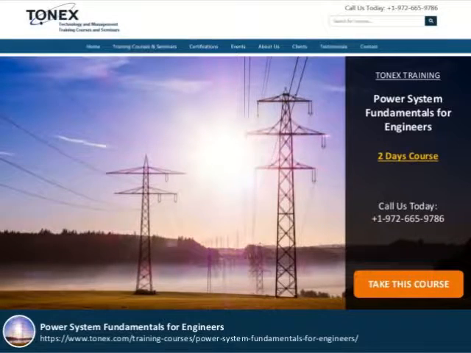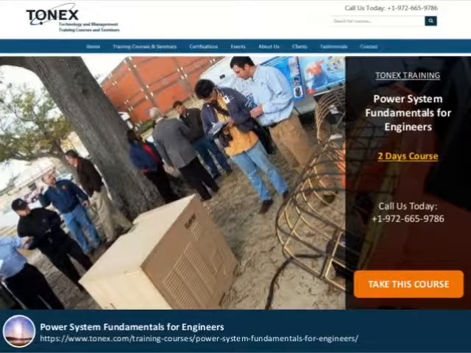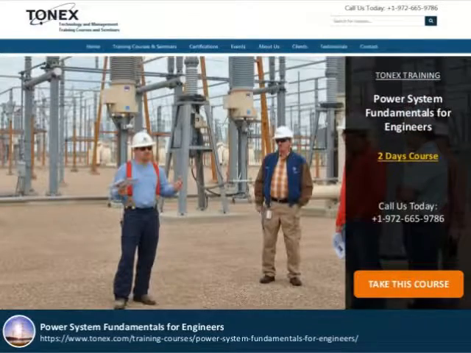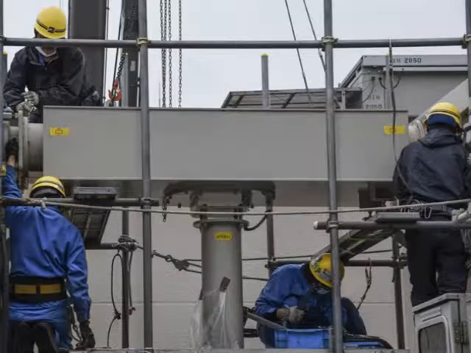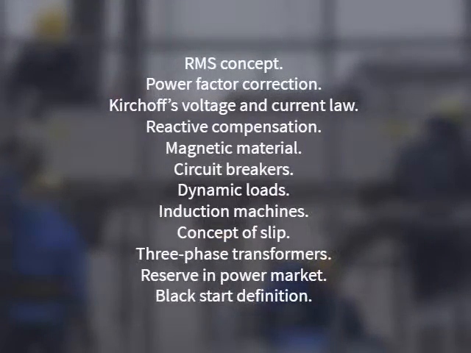Power System Fundamental Training course simply teaches you the history behind the power generation and lays down the basic theory of the circuit analysis in AC/DC systems. Different components of a power system including the generation units, power plants, transmission level, transmission lines and substations, and customers, loads, will be discussed. Learn about RMS concept, power factor correction, Kirchhoff's voltage and current law, reactive compensation, magnetic material,